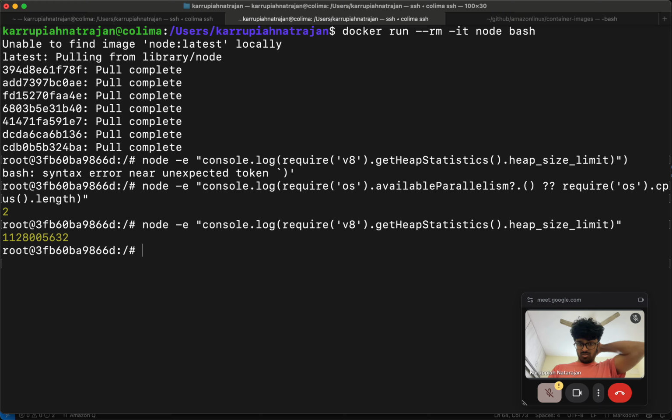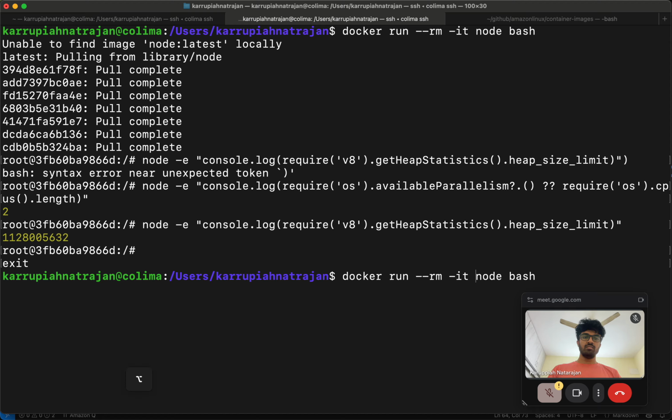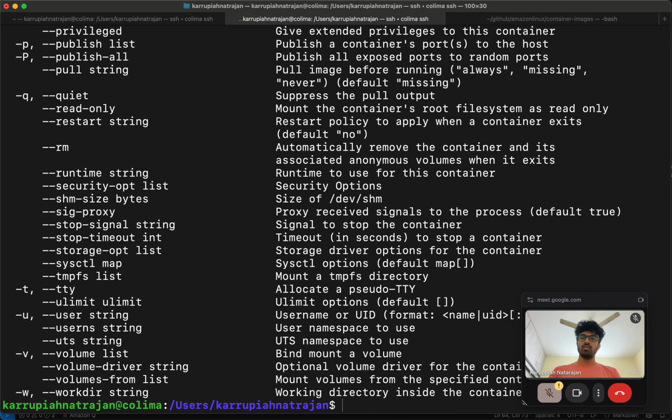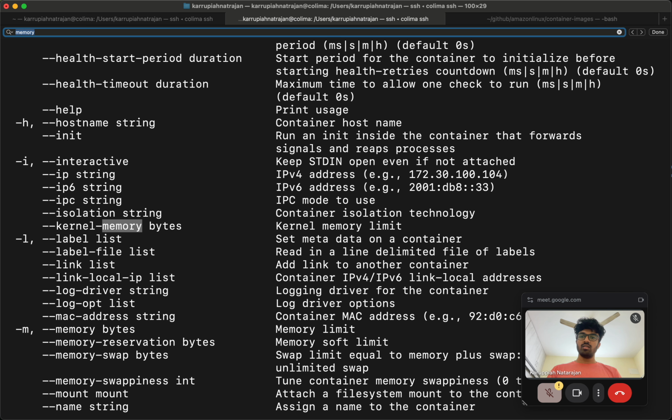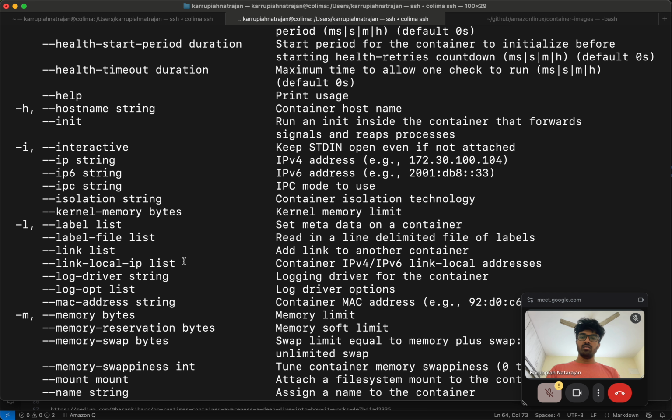I wonder how this is different from the limit. Okay, should I mention some limit here? Maybe. What is this heap size limit? Docker health memory in bytes. Let me just give 1000 bytes.